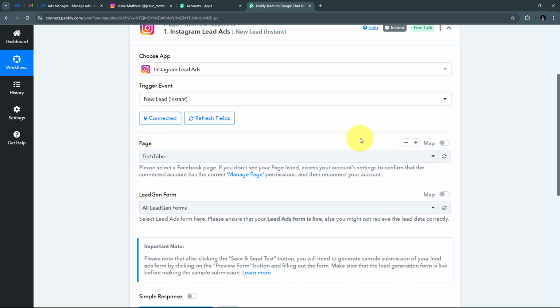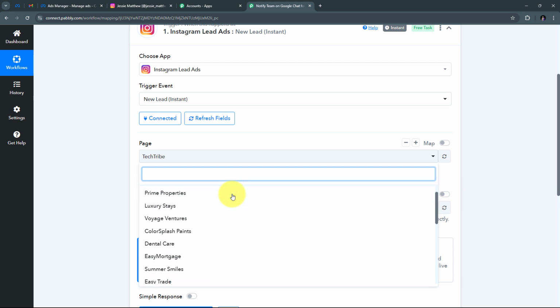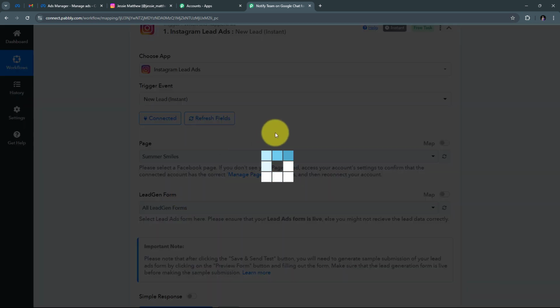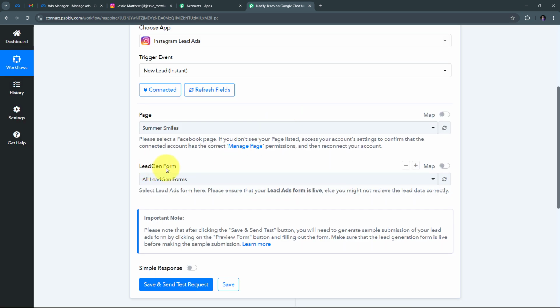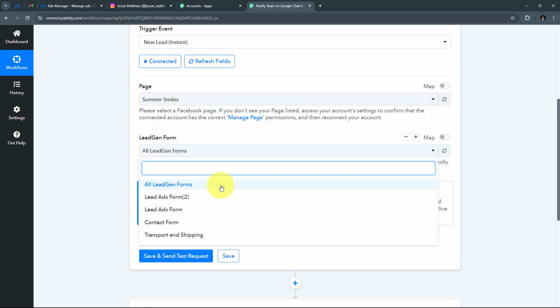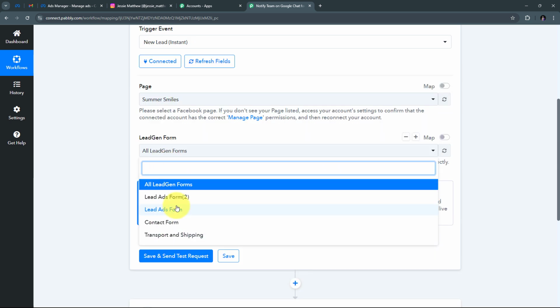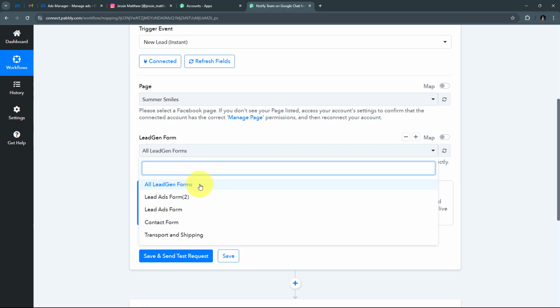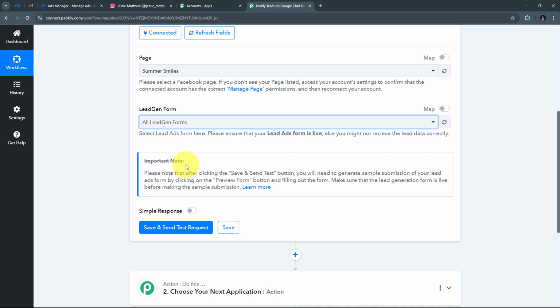So for selecting my page, I need to open this tab, and here I will find all the pages that I have on my Facebook account and also the pages that I've connected with my Instagram account. Here I'm going to use this particular page of Summer Smiles, so I'm going to select that. And here I need to select my lead gen form. So I'm going to open this tab, and in this tab you will find all the lead generation forms that you have created in your page, and you can select any particular lead generation form for getting the lead details. Here I'm going to select all lead gen forms,